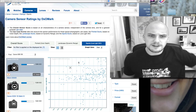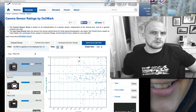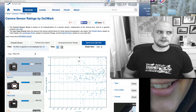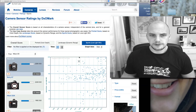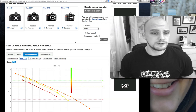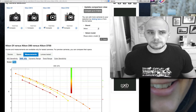But I'm just looking at this and going, how much of a difference is that really? Is that to the point where I'm going, oh my god, if the next camera comes out with the same sensor as the Nikon Df, and it's like the Nikon D700, would I totally be tempted with that? So this is where I do a little bit of hunting. I've done a comparison. You can compare 3 cameras in one go, and I've got the D90, just for fun, the D700, my camera,